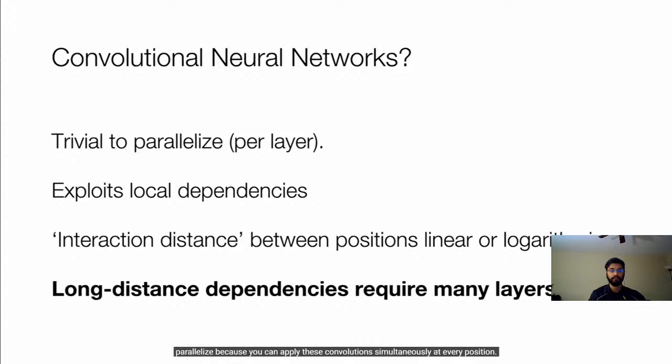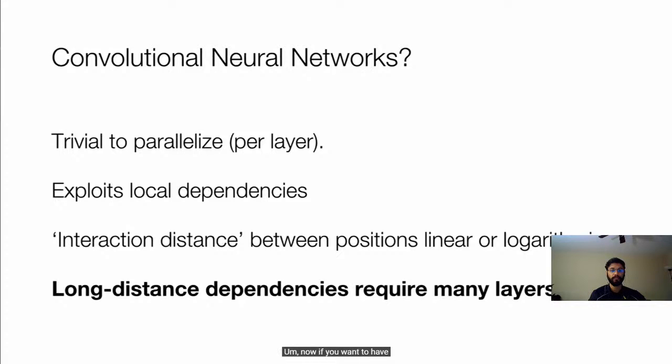They're trivial to parallelize because you can apply these convolutions simultaneously at every position. Each layer is trivial to parallelize. The serial dependencies are only in the number of layers. You can get these local dependencies efficiently because a single application of a convolution can consume all the information inside its local receptive